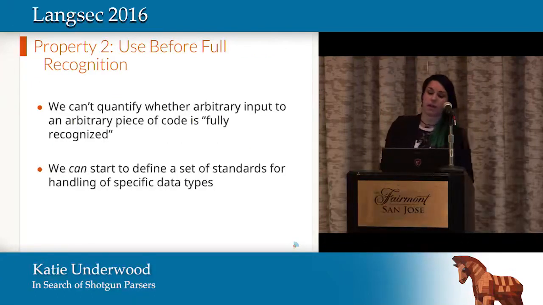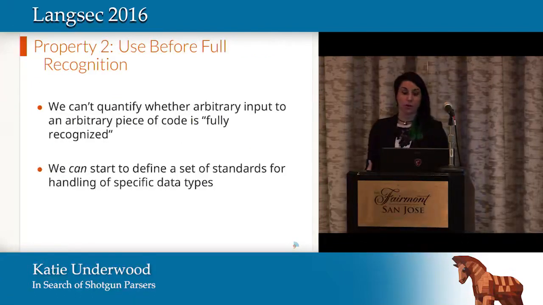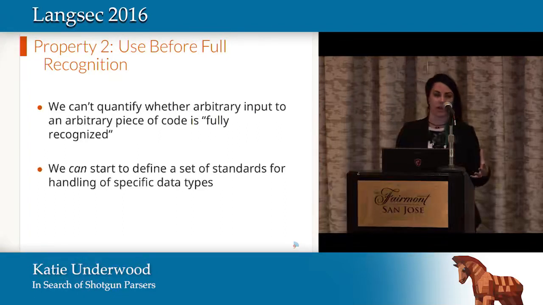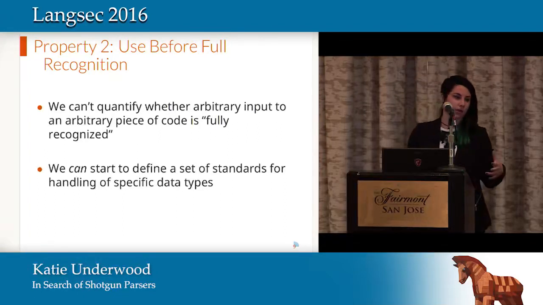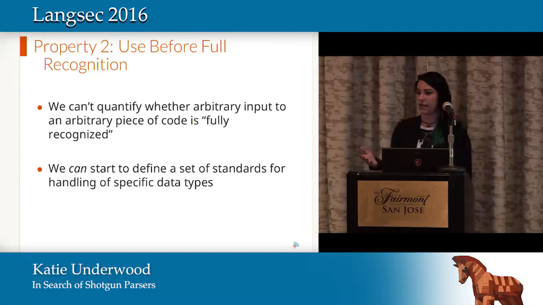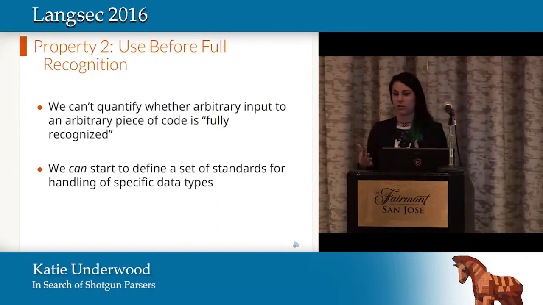Now, coming to the second property, which is arguably the most important, the use before full recognition. Of course, unfortunately, this is also the hardest property to characterize in an automated fashion. Because, of course, if you have an input language which at all approaches Turing completeness in complexity, it becomes impossible to actually quantify whether arbitrary input into an arbitrary piece of code is fully recognized, because that reduces to the halting problem. So what we can instead start to do is to define a set of standards for handling specific,